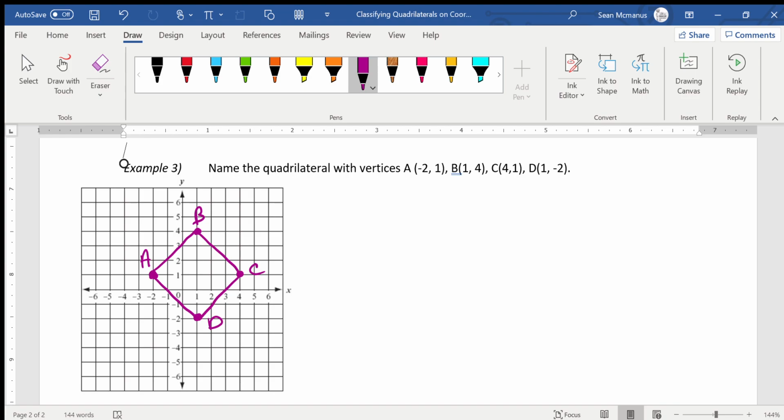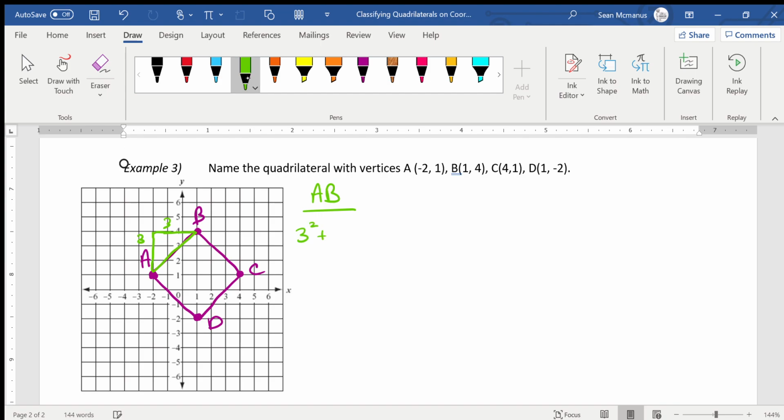Okay, so the first thing we need to do is find the length of all the sides. So we're going to go ahead and find the length of, let's color coordinate these a little bit. So AB, let's kind of find the length of AB. We'll do AB green, right? So we'll go up 1, 2, 3, and to the right 1, 2, 3. So AB